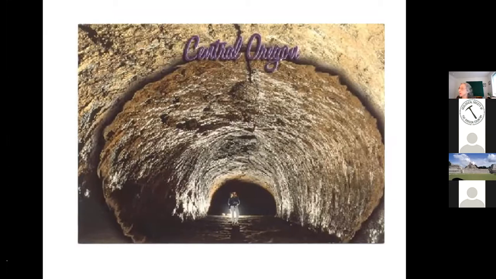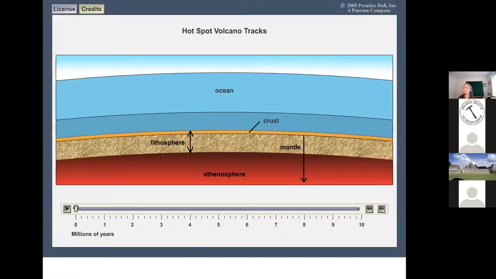Now, the origin of the high lava plains as a province is very complicated. A lot of people are working on it, but I'm just going to try to make it very simple to understand: it has a lot to do with the Yellowstone hotspot. Let me show you what a hotspot is under an ocean. Hawaii is a good example of this. Yellowstone is a hotspot under a continent. I don't have an animation that'll show you a hotspot under a continent, but let me just show you the basic idea of a hotspot.